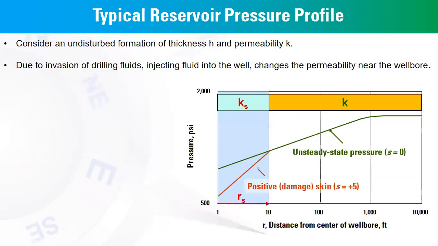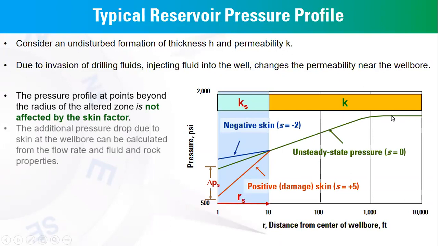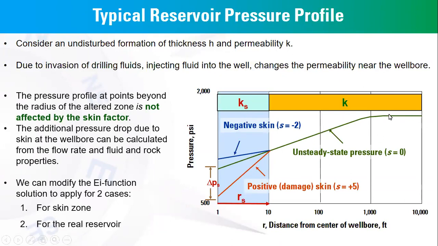The typical pressure response, as you can see, will follow this profile. It starts from the initial or average reservoir pressure. The pressure will decline till this region around the wellbore. We typically have alteration in the properties of the region around the wellbore due to the invasion of drilling fluids, completion fluids and so on. Therefore, we have to define a factor which is the skin factor. So the skin factor is important to account for any alterations in the region around the wellbore in the EI function